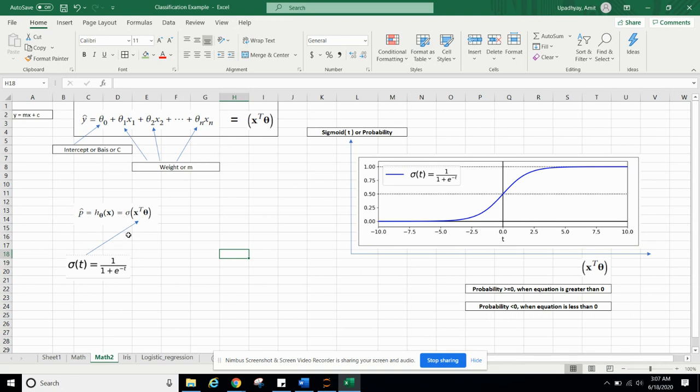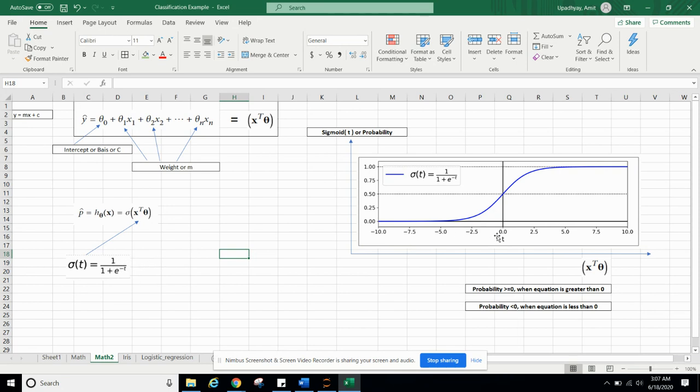In the sigmoid function, you can see 1 upon 1 plus e raised to the power minus t. If our t value is negative and increases, then this total value can reach 0. It will not be absolute 0, but it can reach near 0. Means when t increases on the negative side, the value reaches 0.